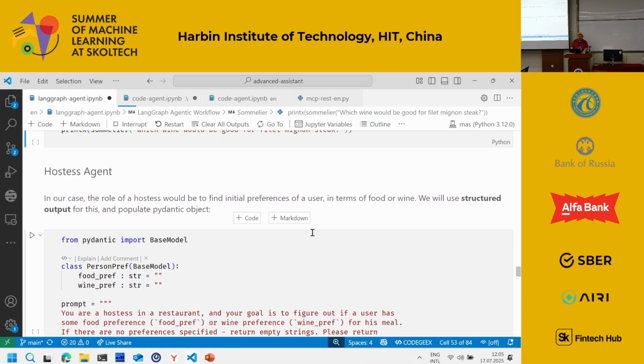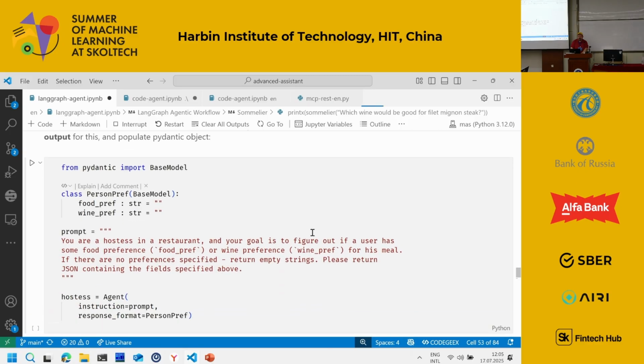And the hostess agent is a little bit tricky. I want to extract very specific fields from my input prompt. If I want to extract specific fields, I have one feature of large language models called structured output. Previously, if you wanted the model to output some kind of structure like JSON, you had the problem that you can ask the model, please give me JSON as the result, but you had no guarantee that it would give you JSON, right?